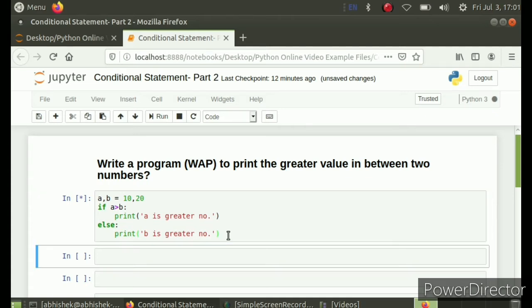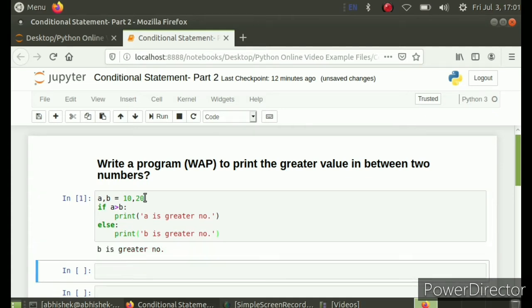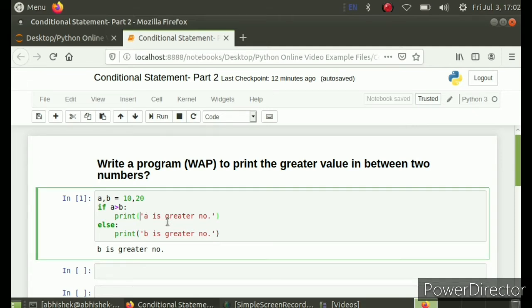Okay, so b is greater number because b is 20. This is a very simple program. It checked if a is greater than b. No, a was not greater than b, so it didn't get inside the if block. It jumped to else and printed b is greater number.